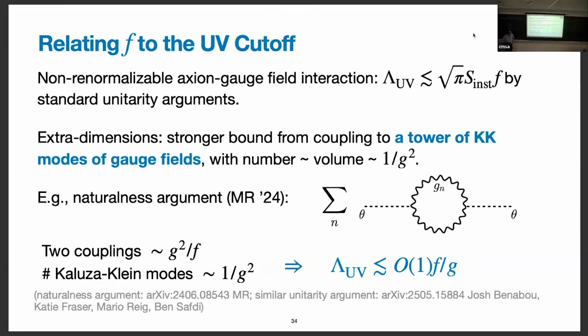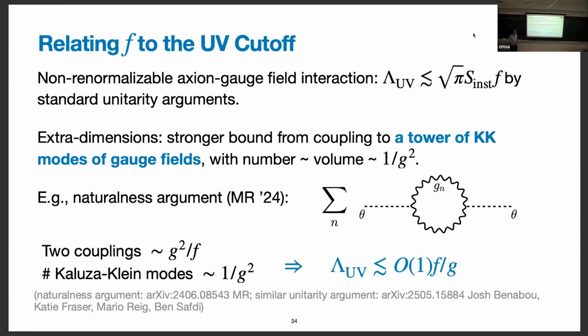Okay, so here's some attempts to justify these claims. First, anytime you measure an axion decay constant, you learn something about a cutoff because it's a non-renormalizable interaction. Anytime you see a non-renormalizable interaction in field theory, you know the theory breaks down by some energy scale. That energy scale is like S times F. I'm telling you something a little bit stronger, which is square root of S times F in these extra dimensional models. And the reason it's stronger is that in the extra dimensional model, the axion couples to many more modes. It doesn't just couple to the gluons we know, but it couples to all the Kaluza-Klein excitations of the gluons. And so you have to add up all of those different interactions.